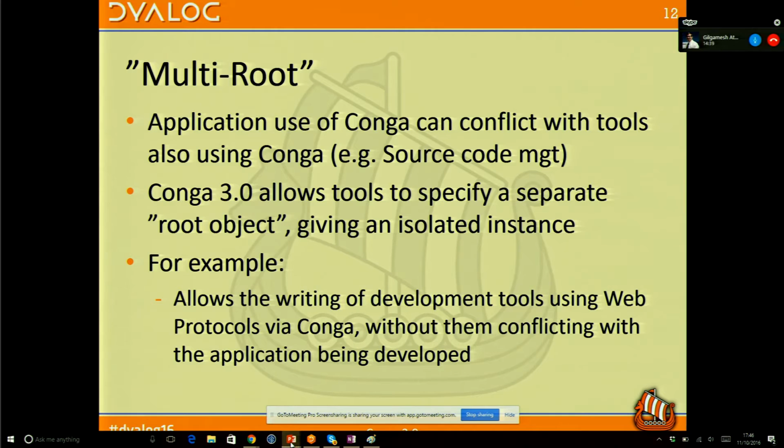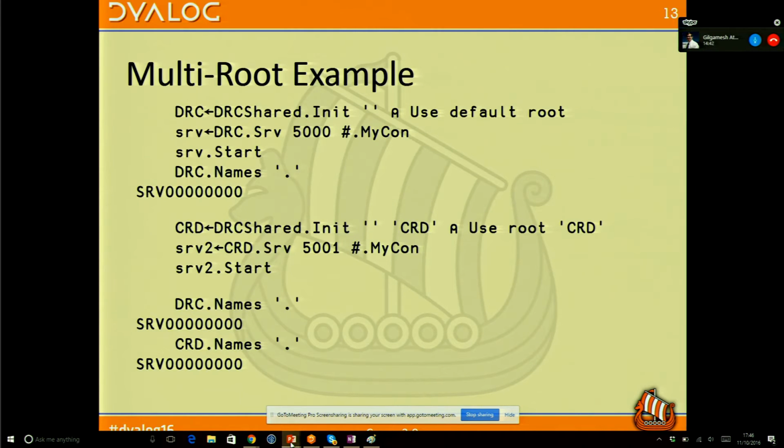But basically what we've tried to do now is to allow the application to say, well, I'd like to initialize a route without giving it a name. You then get an object back from this factory, I guess we'd call it, where you can start making servers and so on. And if you use the Conga API call to say, well, which names do I have defined? It'll say, well, you've got this server 0, which is the default name that was created. And then Kai, if he wanted to, or Phil, if they wanted to initialize their source code management system, they could say, well, I'd also like to use the class factory, but I'm going to give it an ID of CRD and get a new namespace back.